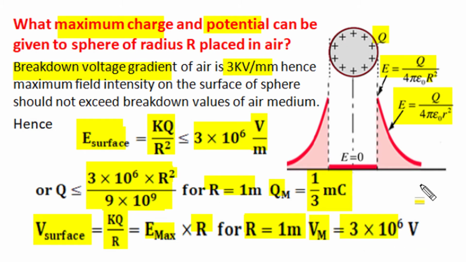In a Van de Graaff generator, we use a similar principle and take a higher radius sphere so that we can build a higher amount of potential, and select a dielectric media surrounding the conductor sphere with a higher value of dielectric strength, such as inert gas nitrogen at higher pressure or sulfur hexafluoride gas. Such high potential generated by Van de Graaff generators is used to produce strong acceleration of particles in particle accelerators.